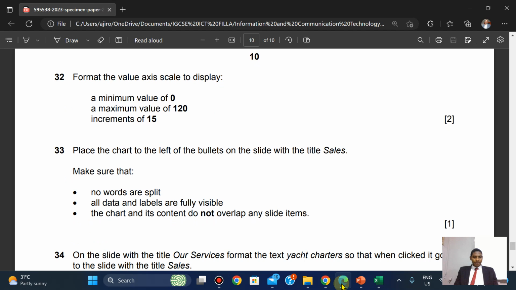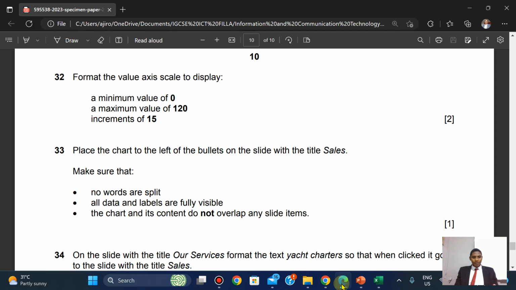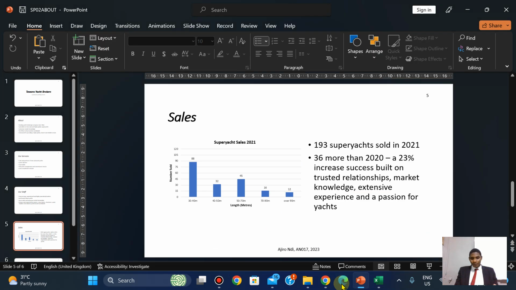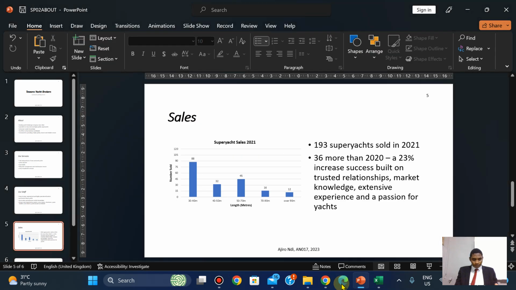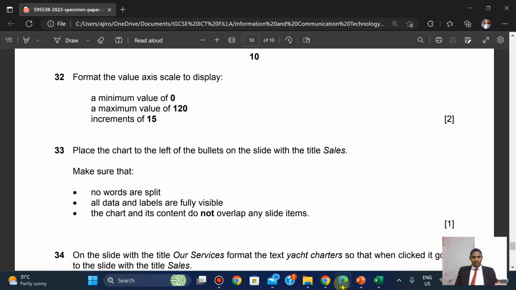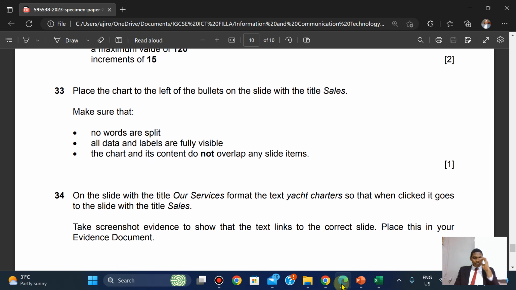To the left. Now make sure no words are split. There are no words split. All data and labels are fully visible. Yes, they're fully visible. The chart and its content do not overlap any slide item. They don't. On the slide with the title Our Service,